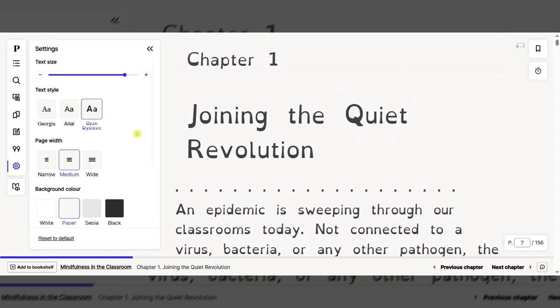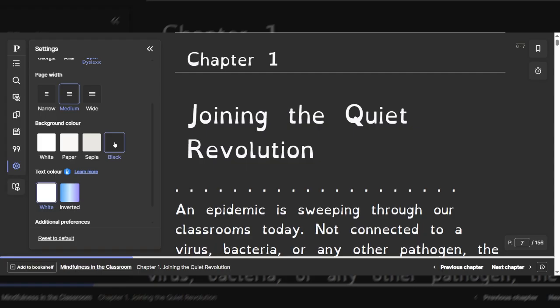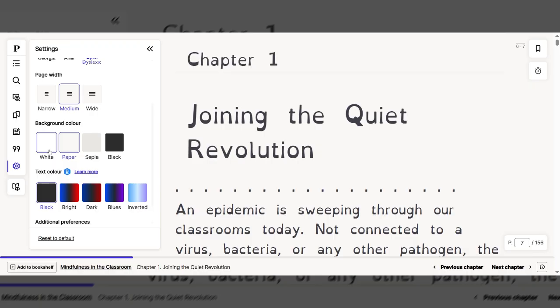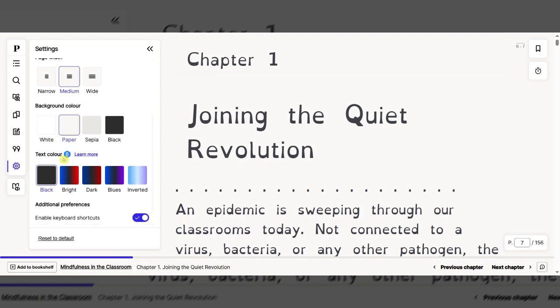And then you have background color. So if the contrast isn't quite clear enough for you, you could change it to black. It's currently set as a paper color. You also have the option of white. The next option then is text color, and this is provided by a service, Beeline Reader, which specializes in contrast and